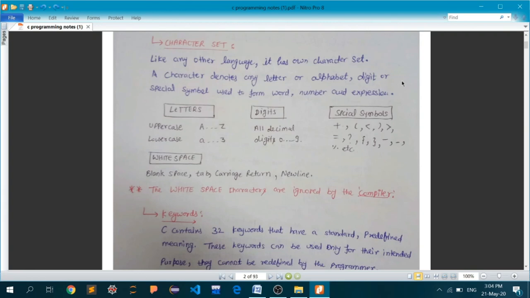Those small alphabets I and T, which make up the word int, are actually the character set of your C language. All the symbols in the character set of C actually resemble that of the English language only, but that was intentional by the developers of C.